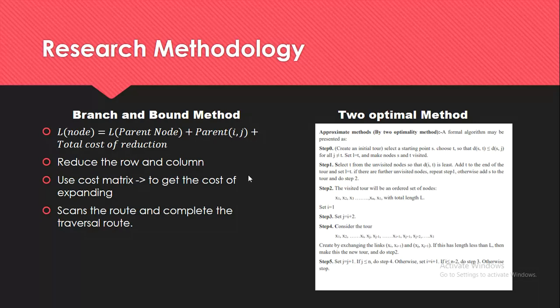and then the author uses the cost matrix equation in order to get the cost of expanding. These two steps are repeated until there are no more unvisited nodes, and then the author has to scan and complete the traversal route. For the optimal method, this method is much more complicated, but it provides a very clear